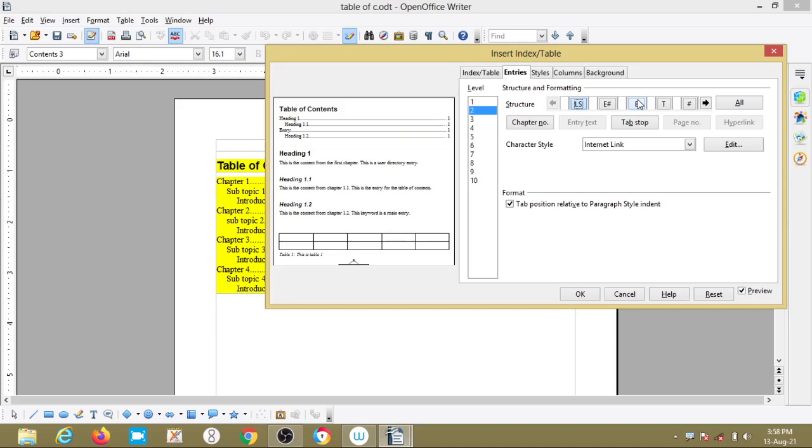If I click here before the text, that is the ending, LE. These LS and LE buttons only appear after creating the hyperlink using the hyperlink button.